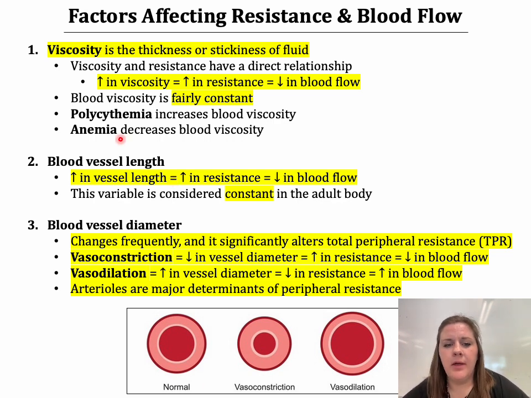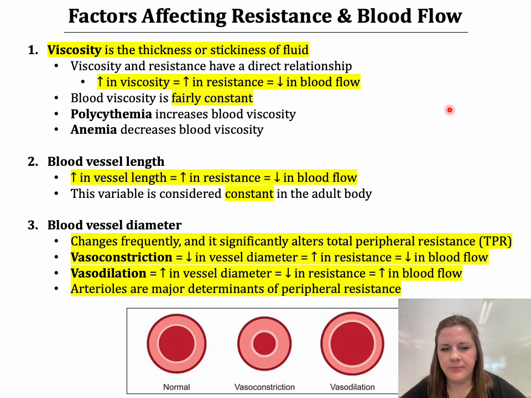So we think of polycythemia, an increase in red blood cell count, that of course will increase viscosity. And then the exact opposite, anemia, a low hematocrit, low red blood cell count, will decrease blood viscosity, make it really thin. Both of those are an issue. It's not like it's better because it's thin. With anemia, there's no benefit in the blood moving quicker because it's not spending enough time in the capillaries